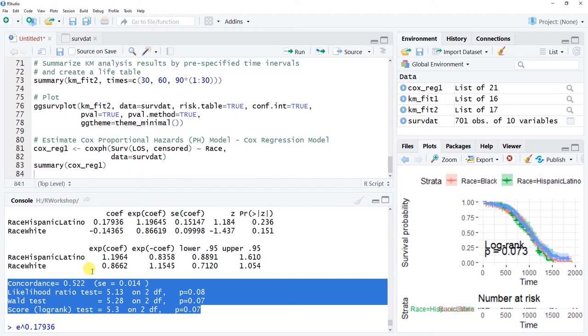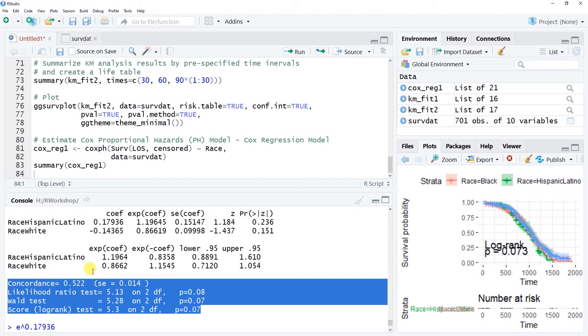So what happens behind the scenes here is that pairs of individuals are compared to determine whether the individual with the temporally earlier experience of the event is correctly predicted by the model. So if the model is accurate, the pair is considered to be concordant. The overall concordance score represents the proportion of pairs of individuals whose experience of the event, which in our case is voluntary turnover, was accurately predicted. So a concordance value of 0.5 indicates that the model really does no better than chance. In other words, there's a 50-50 chance of correctly predicting which individual incurs the event